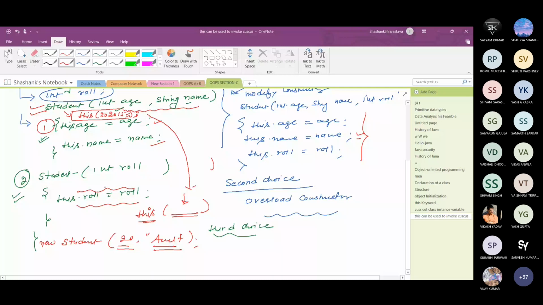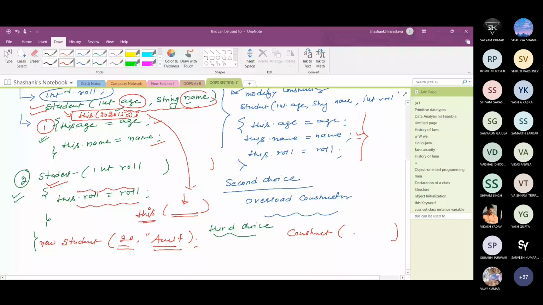So this must be the first line. Why must this be the first line? Because in order to create the memory for objects, all the variables should be initialized in sequence. तो here अगर हम एज और नेम इनिशियलाइज कर देते हैं तो नॉर्मली कंस्ट्रक्टर कॉल होते समय ही मेमोरी क्रिएट होनी चाहिए. तो as soon as the constructor is called the memory is created for the object and values are initialized.